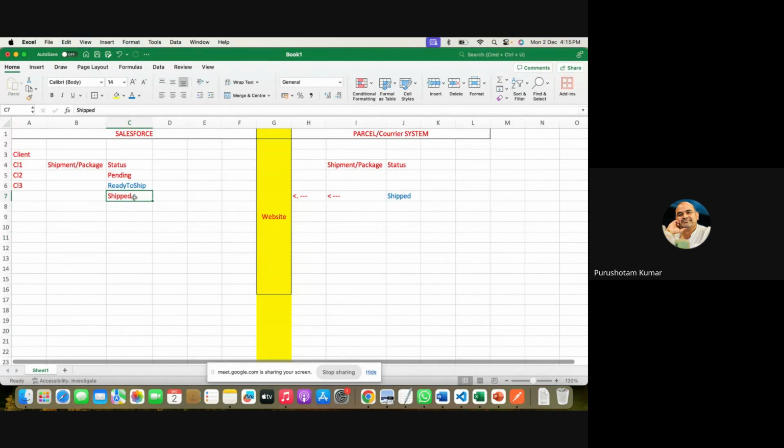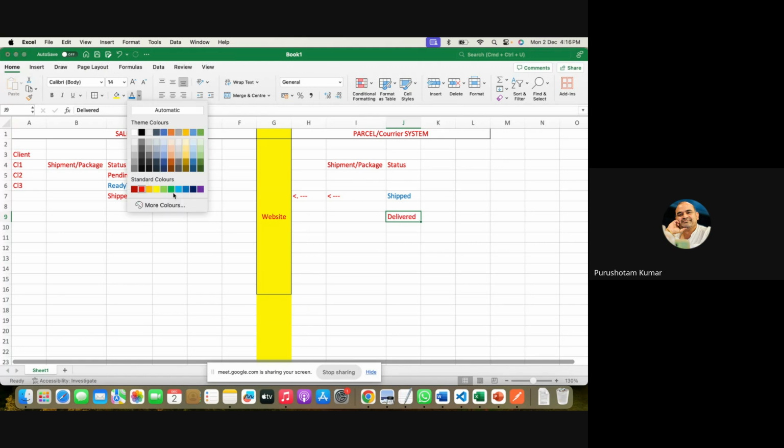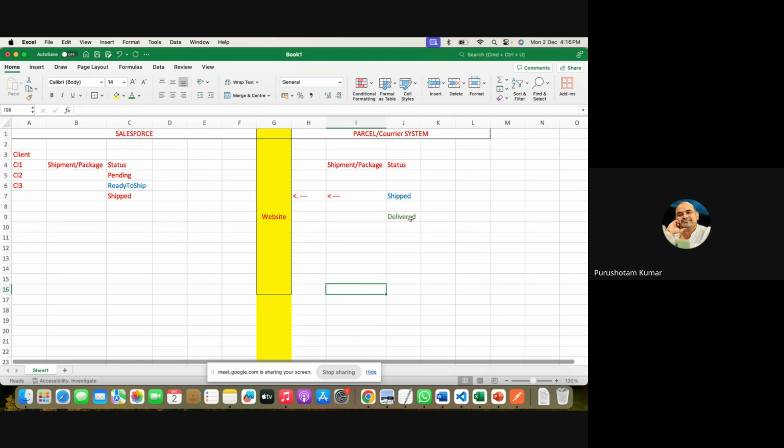Now this is shipped. Now after some time, the person who is actually delivering that parcel to the destination address, while delivering that parcel, this guy will also change the status from their handheld device from shipped to delivered. I don't know if the spelling is right or not, right? So again, if this is delivered, let us make the color green, delivered, right? So this again, delivered has to be updated in Salesforce, and then at this stage, Salesforce should get the status updated as delivered,